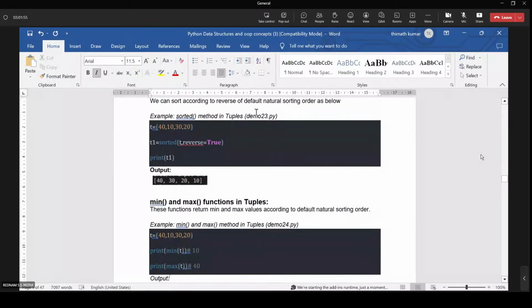Sorted method in tuples. Okay, sorted(T, reverse=True). So the sorted function takes two values as parameters.